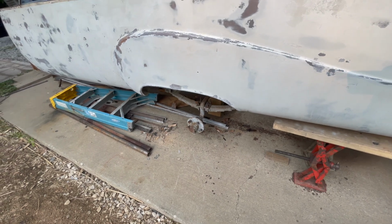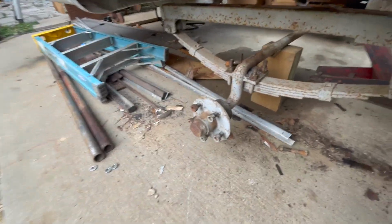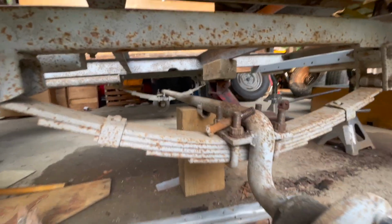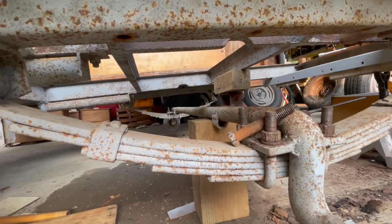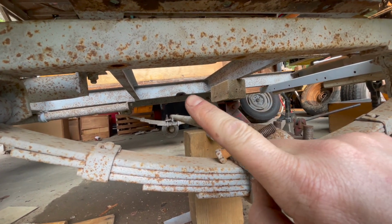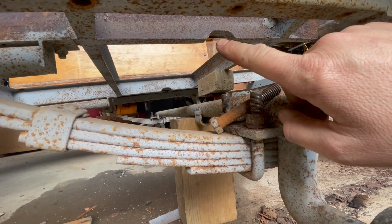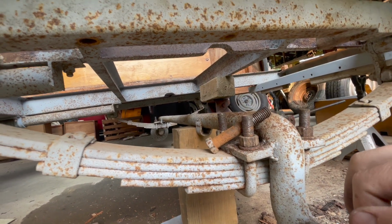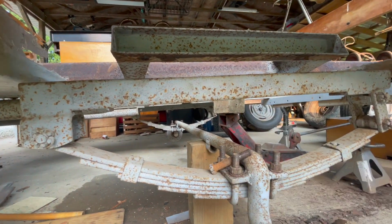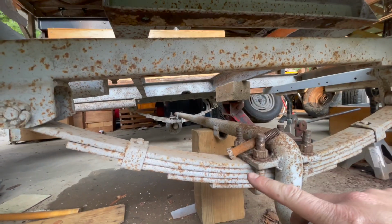Well, I have played around with a couple of different axle settings and I'm kind of slow sometimes. Sometimes I look at myself and I think, man, it was so obvious. It's so obvious. I was laying in bed a couple nights ago and it just smacks me. So I had mentioned that there's a notch in the frame here and here. And I said, you know, that had to be for an axle, but with the leaf spring on, you know, we're 12 inches from that notch